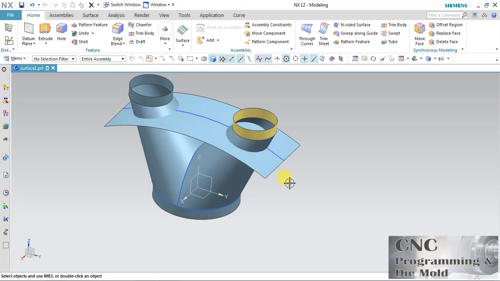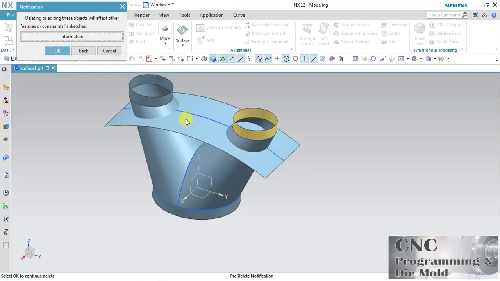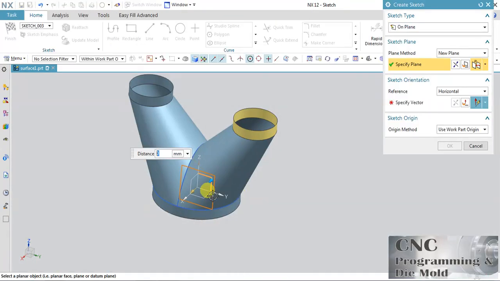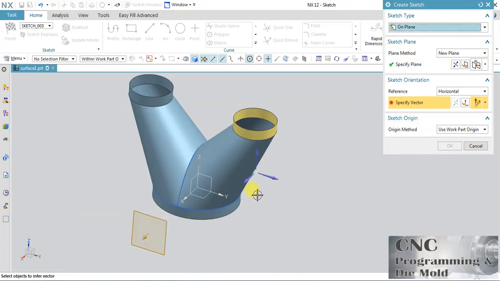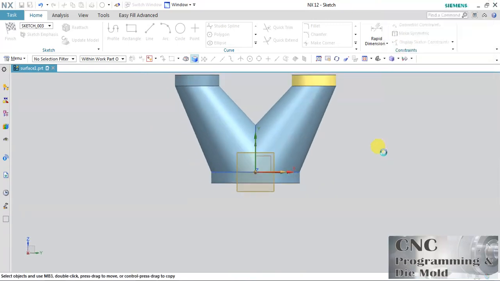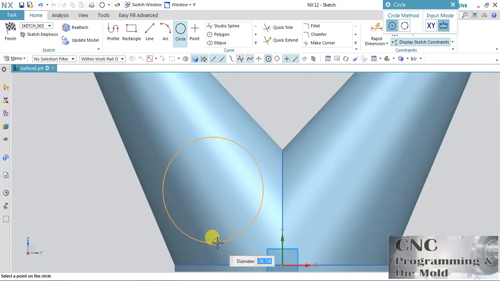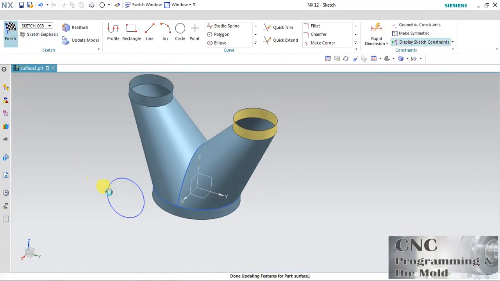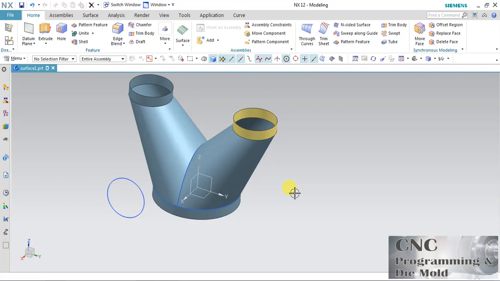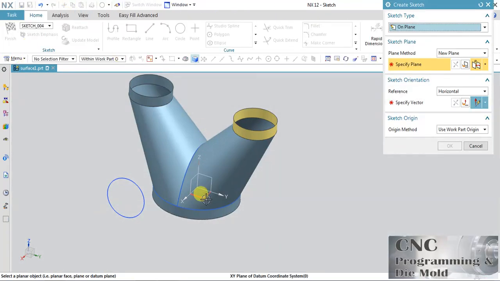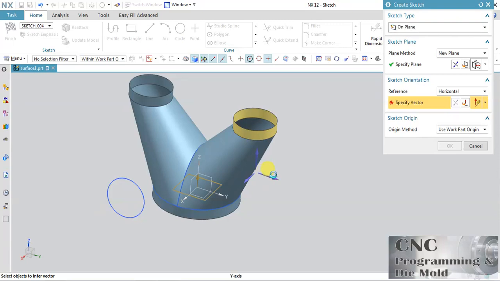For next option I will delete this. I don't want this, and select a plane, and now offset this and define the vector and click OK. Now I am creating a circle. Now finish this, and for second option I have to create one directional vector. So select the plane and define and click,